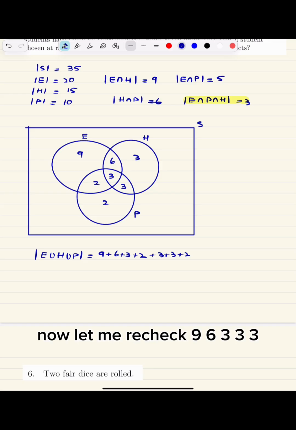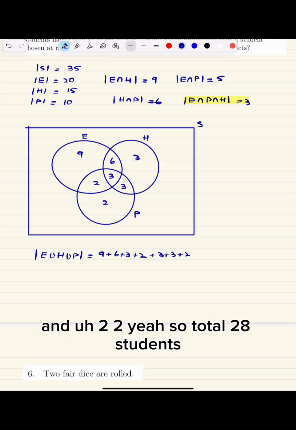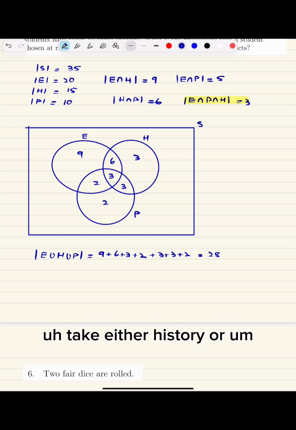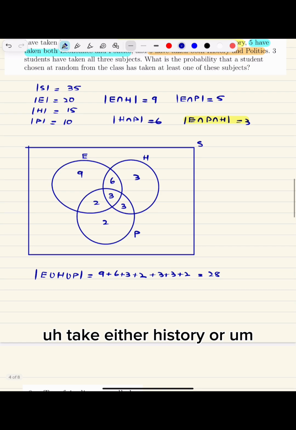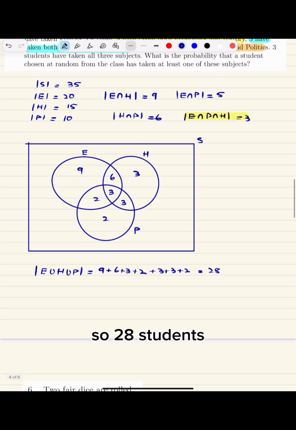Let me recheck. 9, 6, 3, 3, 3, and 2, 2. Yeah. So total 28 students